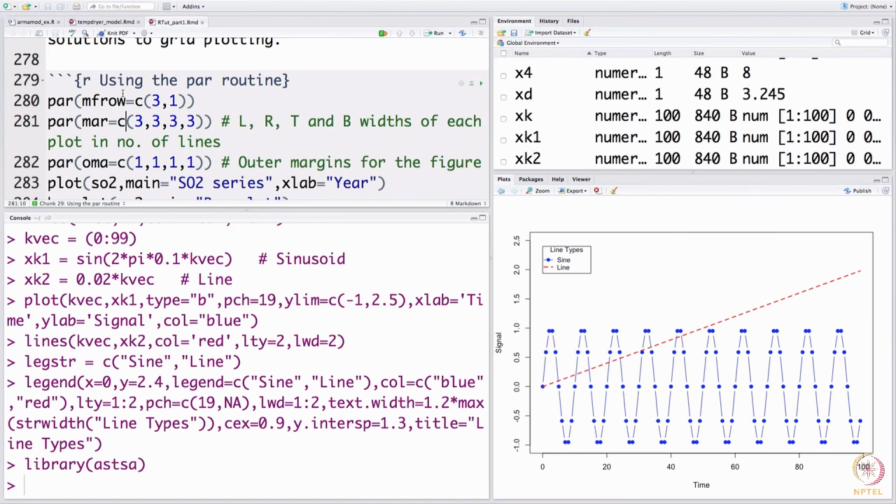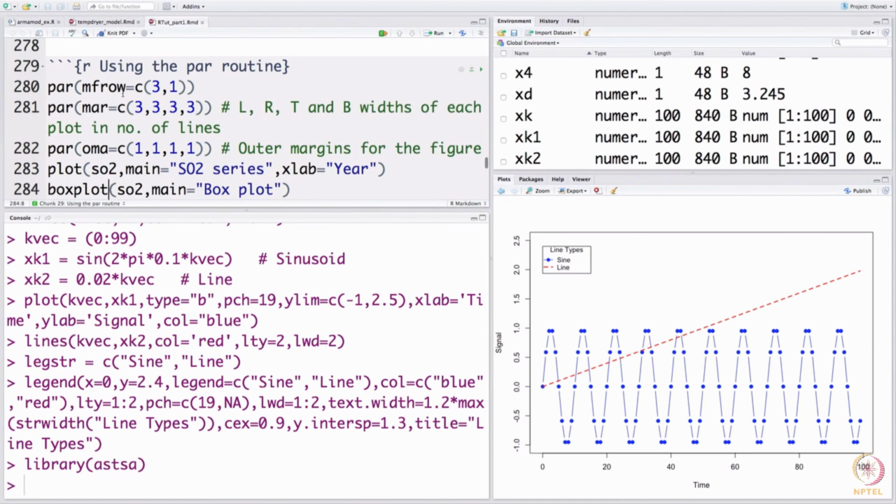What this means is leave 3 lines to the left of each subplot, 3 lines to the right of it, and 3 lines at the top and bottom. So, that much space is given, and I can also specify the outer margins again using the par command by specifying the oma option, outer margins. This is for the entire big plot. And now I issue the plot command. What it does is it goes in sequence.